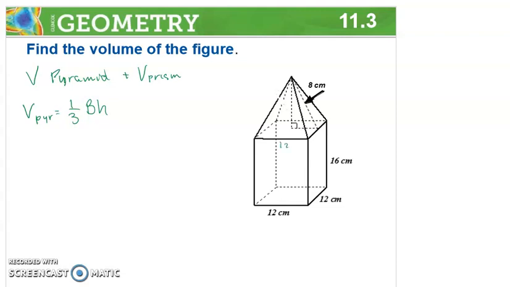Well, this is 12 and this is 12. So base area is pretty easy. So it's 1/3 of 12 times 12. The height of this, though, we don't know, so we're going to use Pythagorean theorem on this triangle. It's 6 from the edge to the center of that pyramid because it's 1/2 of that 12. Then use Pythagorean theorem on this,